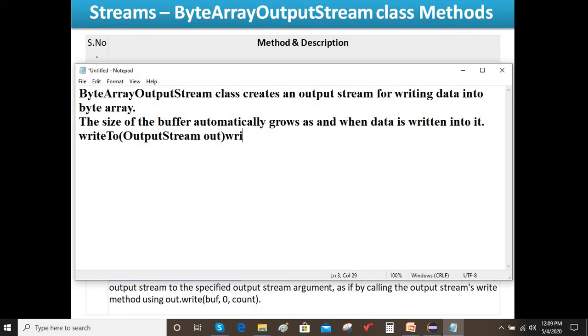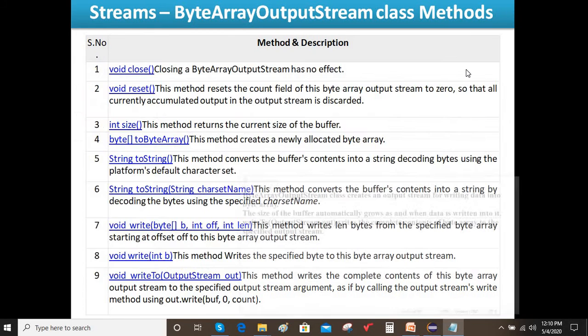It writes the complete contents of the byte array to the specified output stream. That is what writeTo does, the most important method.